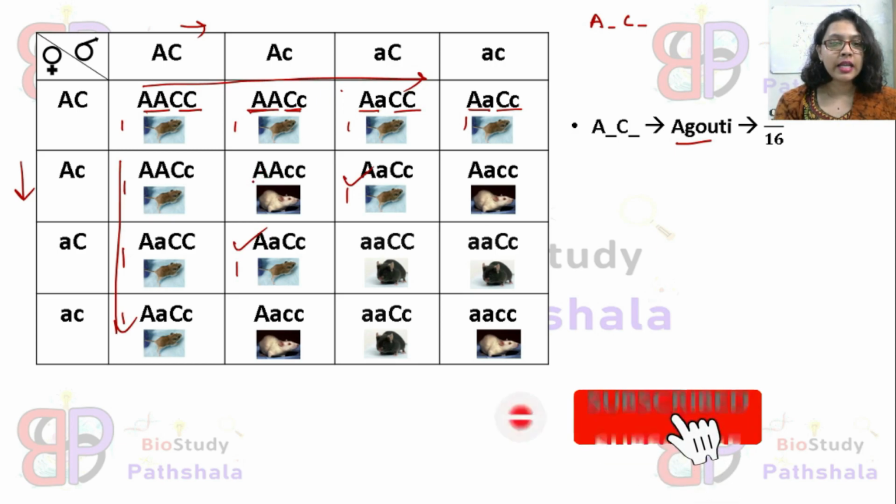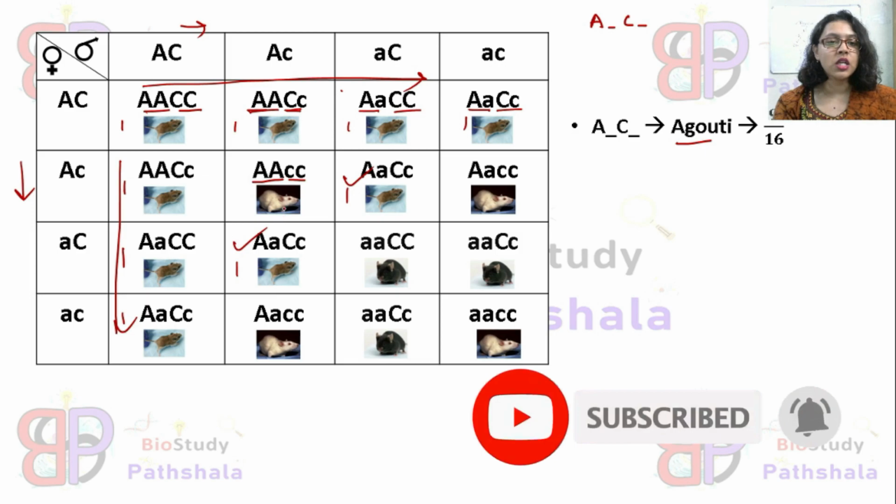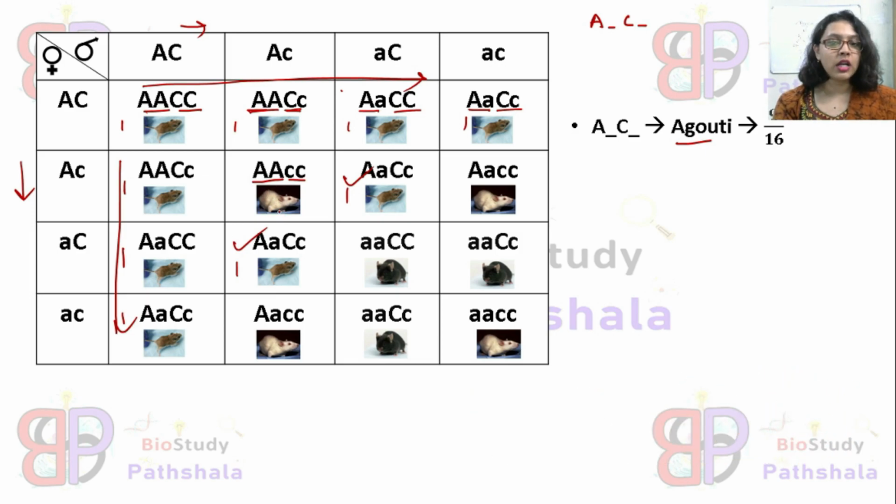Next, here capital A, small c shows the albino coloration. Here again capital A, small c, albino coloration, and here again capital A, small c shows the albino coloration. That means 1 capital A allele and the homozygous recessive form of the C gene shows the albino coloration. That means capital A dash, small c, small c shows the albino coloration, and with this particular genotype the individuals will be 3. Here you can see this one, and this one. These 3 individuals will show the albino coloration with this particular genotype.